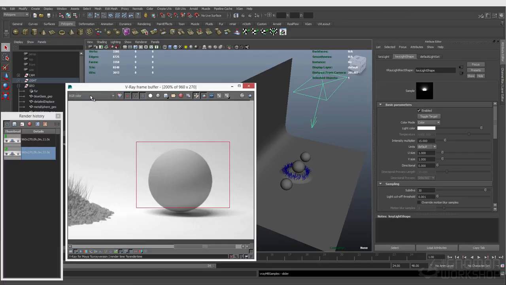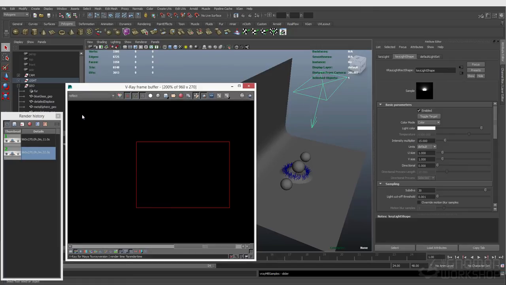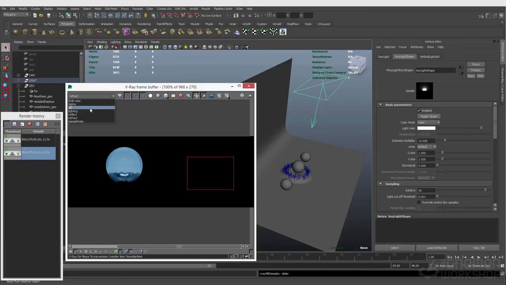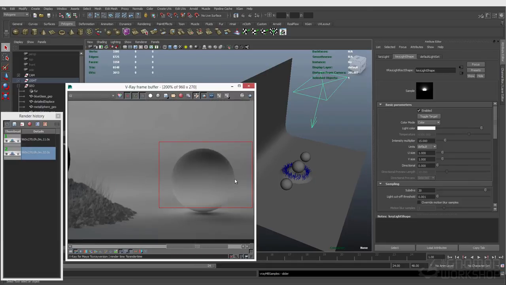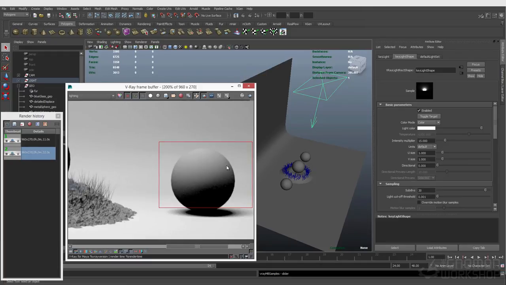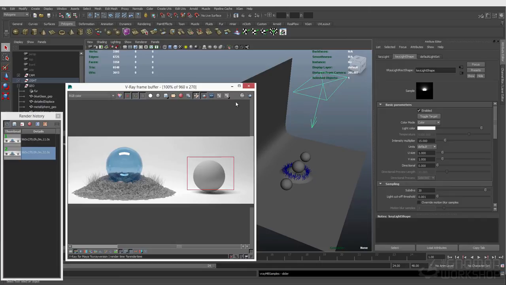Now, the reason I added these other render elements is so that we can look through them. And you can actually see, if I look at my lighting pass, that I'm seeing all of that noise in my direct light render element. What that means is that noise is coming from a light source. You can see if I look at my reflection pass, it's completely black over there. Refraction has nothing but that. More importantly, though, the stuff that's happening on the sphere is only lighting and GI. And if I look at my GI pass, it's perfectly clean. So that alone makes it really easy to start diagnosing your scene and figuring out where the noise is actually coming from. So if I go back to my RGB, you can see if I render that one more time,